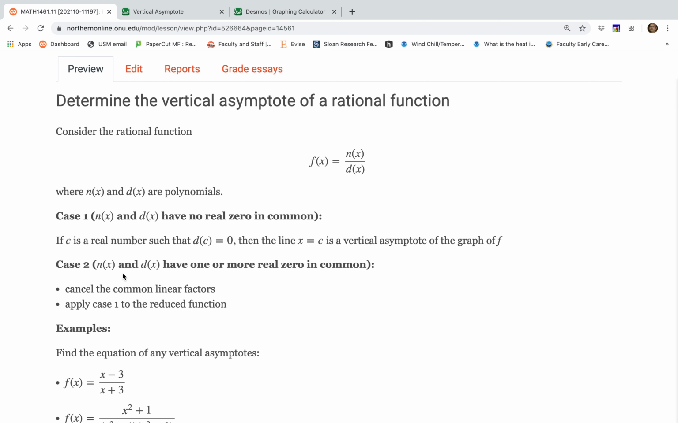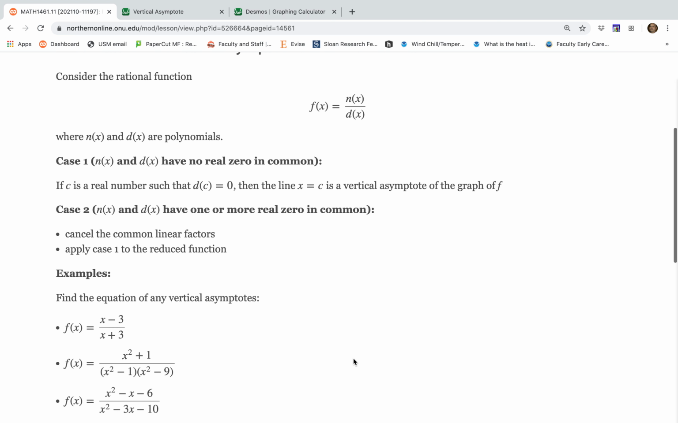If the numerator and denominator have some common real zeros, that means wherever the denominator is 0, the numerator is also 0 at exactly that location, just try to cancel out the common linear factors. I believe you can cancel out the common linear factor. That's why you are getting those real zeros. And then when you cancel out the common linear factor, all you have to do is go to case 1, because after you cancel out the common linear factors, there will be no real zero in common, and then you can immediately apply case 1. All right,